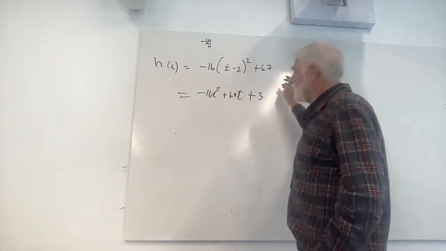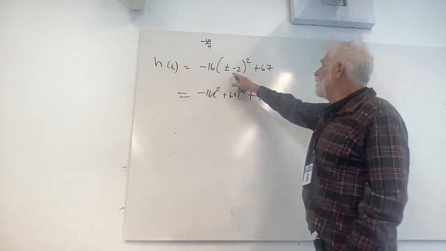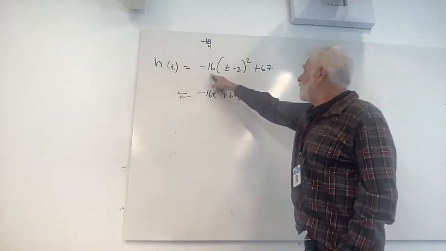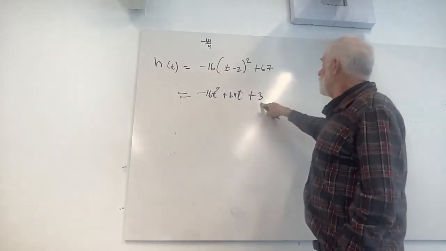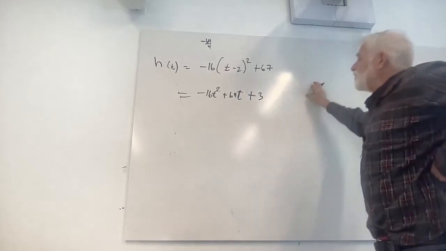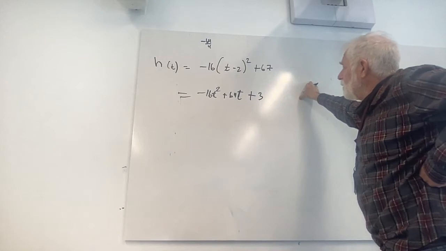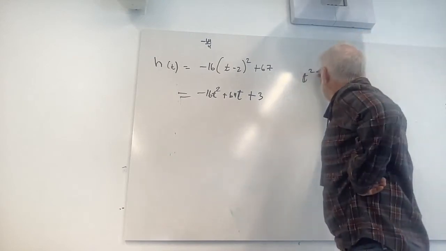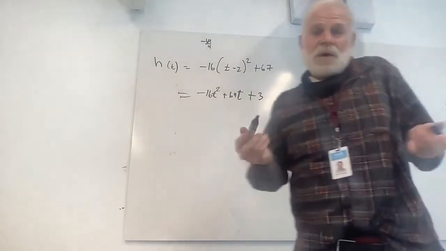The initial condition was already given, 0 gave you 3. So I didn't have to actually throw it in here. But if you did, you get minus 64 plus 67, which is positive 3. All right, making sure I'm not doing something dumb here. I'm very tired at the moment, got up at 4. So let's just make sure t squared minus 4. Yeah, minus times a minus positive. There we go. And that, according to physics,